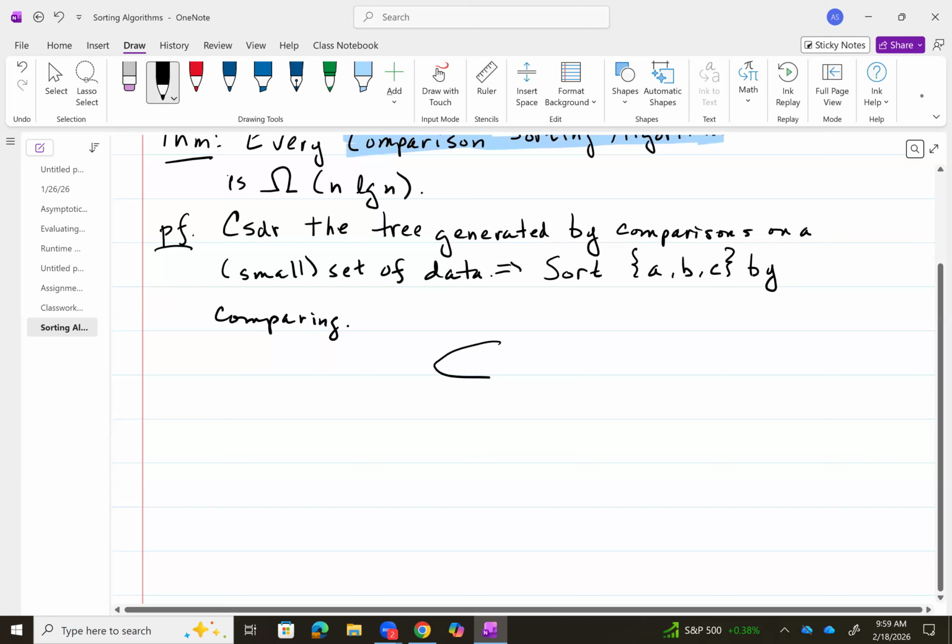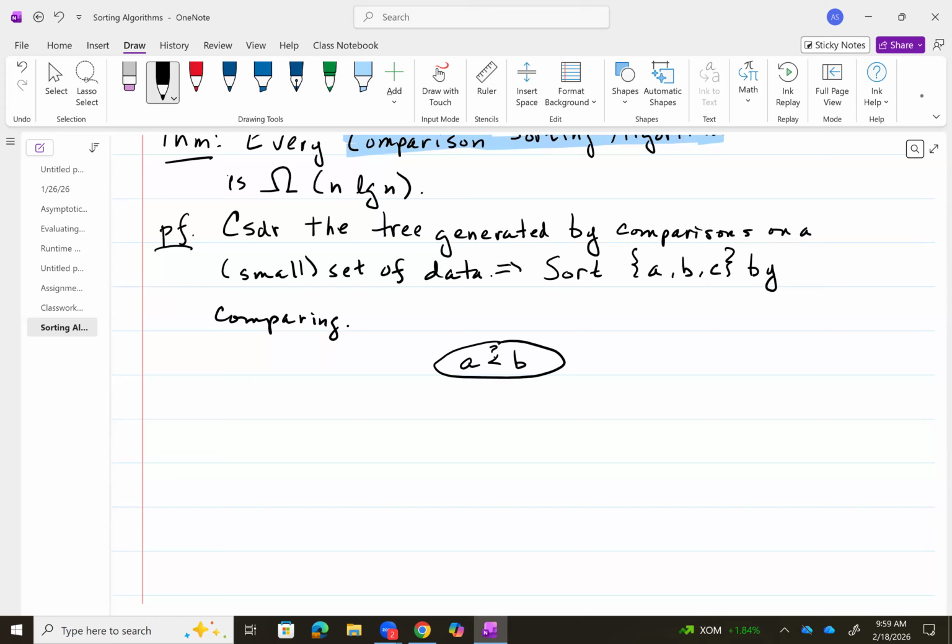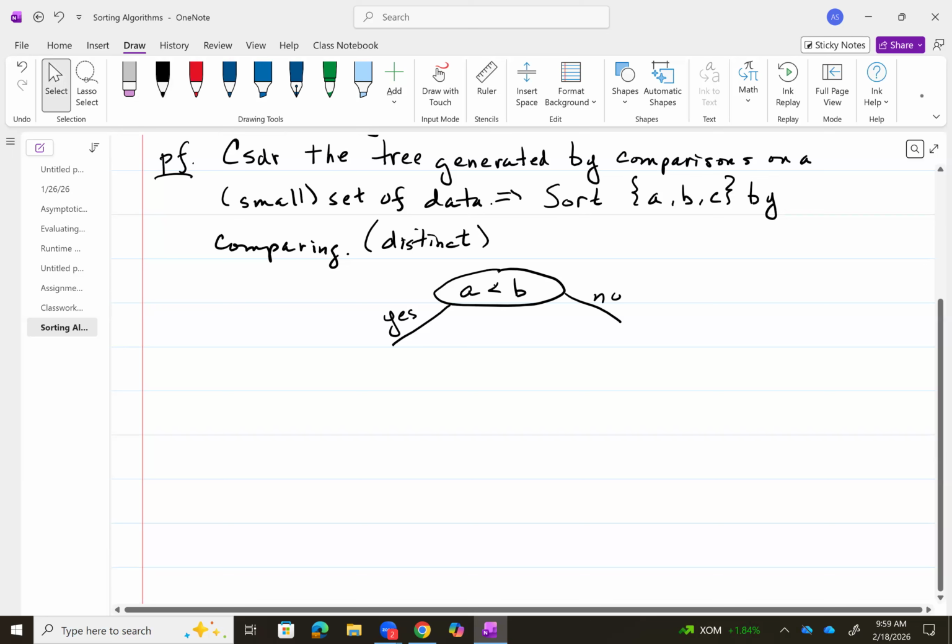So let's say I'm going to start by just checking, is A less than B? I'm going to make these distinct elements. It's not going to hurt anything if they're not distinct, okay? It's not going to change anything. All right, so the way we're going to build this, look at this tree, is either A is less than B, yes, or it's not, no. If A is less than B,